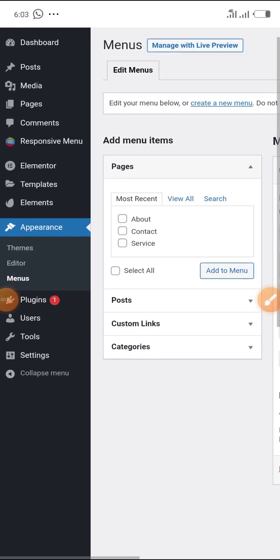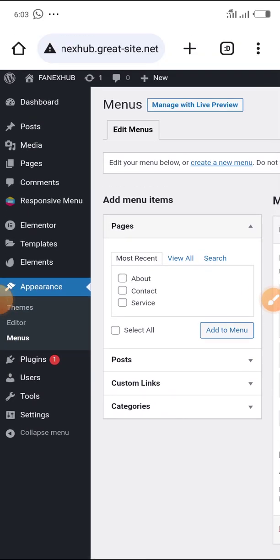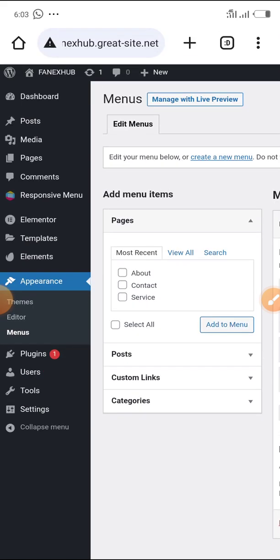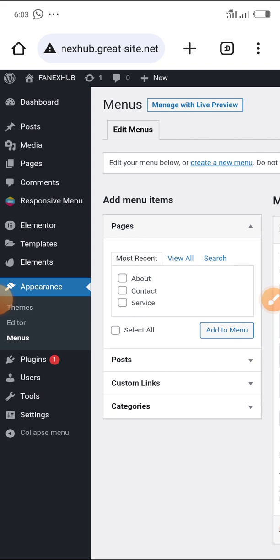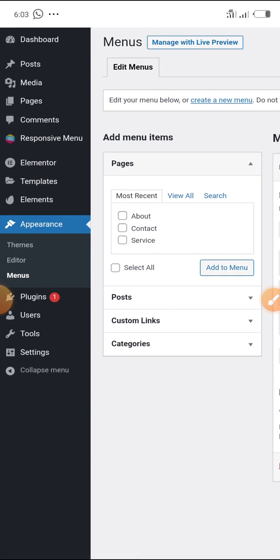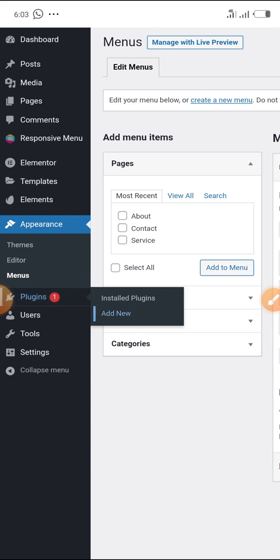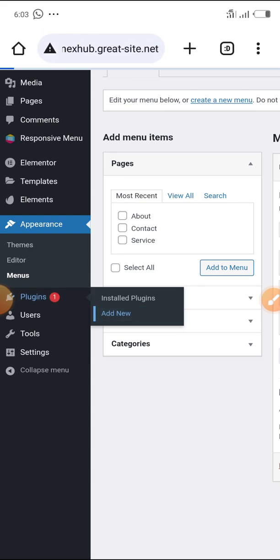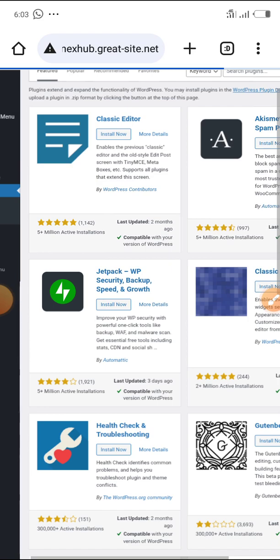In this class of training, I'll teach you how to create a header from scratch using Elementor. Now, the first thing we're going to do is to install a plugin, an add-on called Elementor. So you go to plugin, add new, install a plugin called Elementor